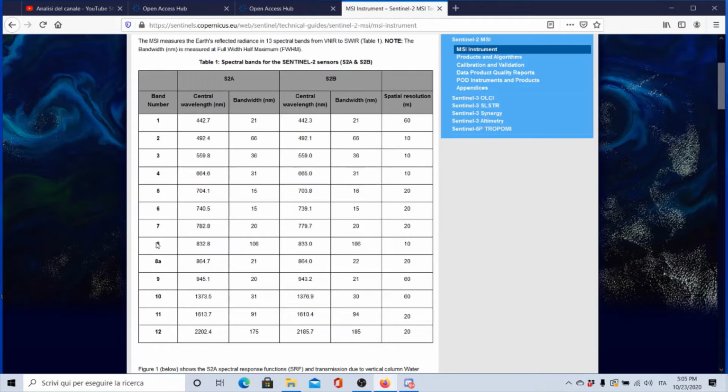And of course, band 2 is the blue, band 3 is the green, band 4 is the red, and band 8 is the near infrared, all at 10 meters. Then you have other bands that are acquired at 20 meters. So you see here, for example, bands 5, 6, and 7,